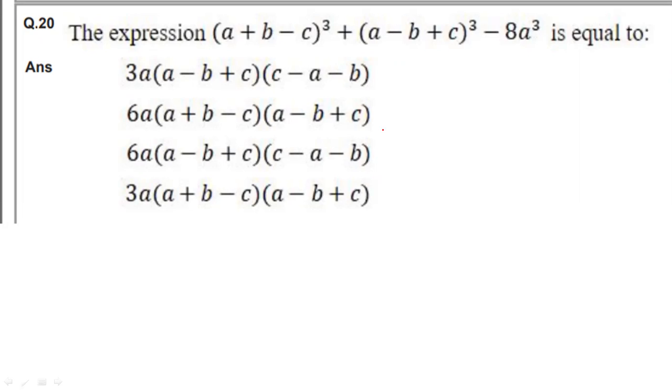He has given a very big expression where we have a plus b plus c whole cube format. First, let us verify if I can take any value for a, b, c and get the answer. Let's say a equal to b equal to c equal to 1. If we are able to get any option out of this, then it's a good thing. Otherwise, I'll skip the question and go. What happens here? 1 plus 1 minus 1. So it's 1 cube plus 1 cube minus 8. So my answer should be minus 6. Substituting here 3 into 1 into 1 minus 2 minus 1.